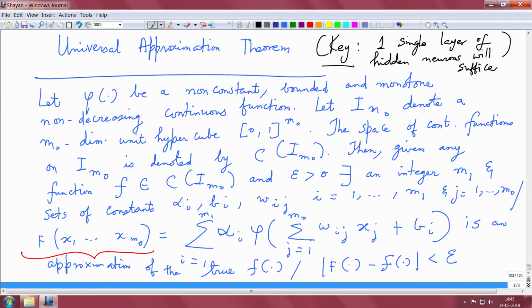Okay, the details of the proof of this theorem are in two special papers which will be provided, and time permitting I will cover the proof of this theorem towards the later part of the course. Now, with this approximation that we have using a multi-layer perceptron, and we see how using the MLP we can approximate the function, let us delve slightly into the bounds on approximation errors.